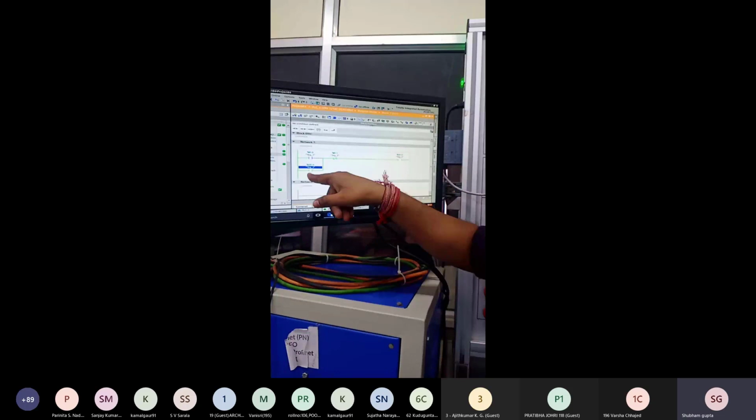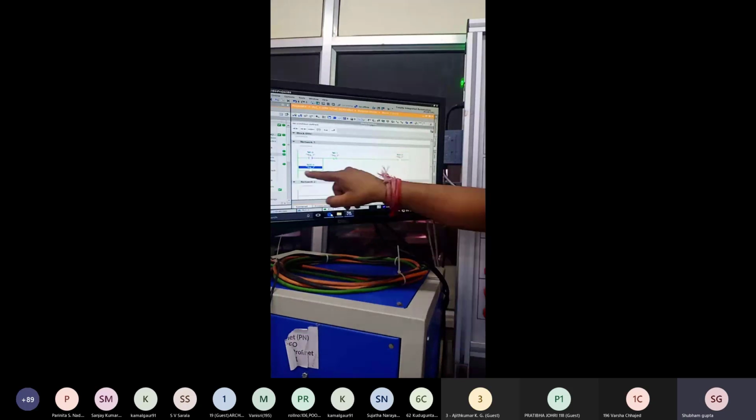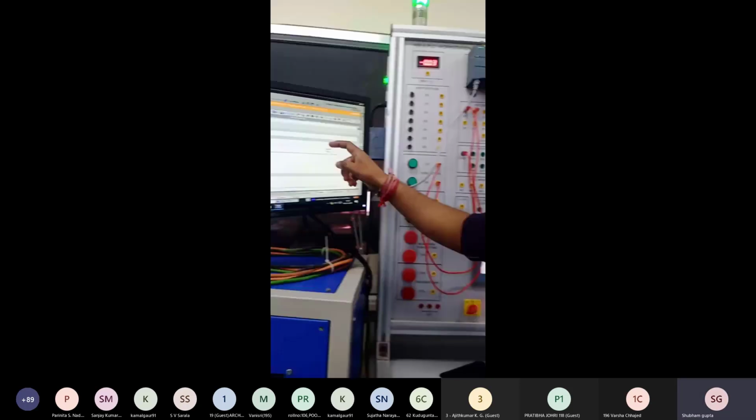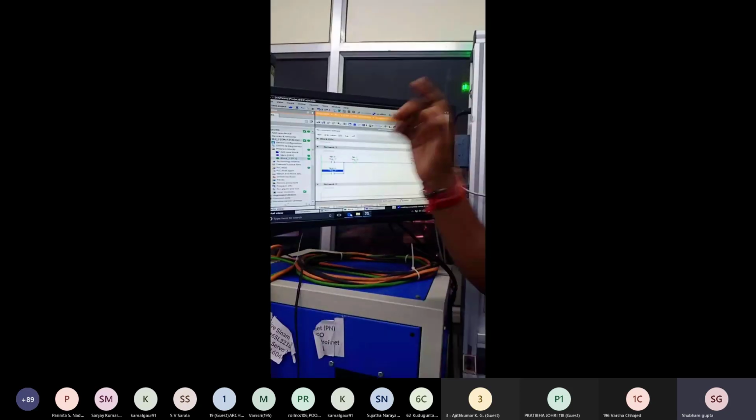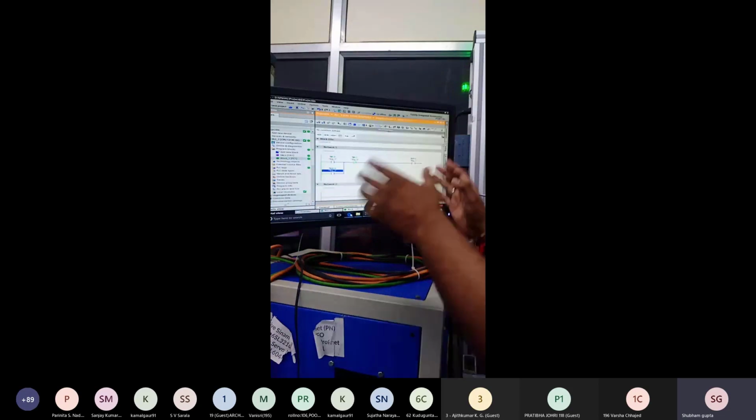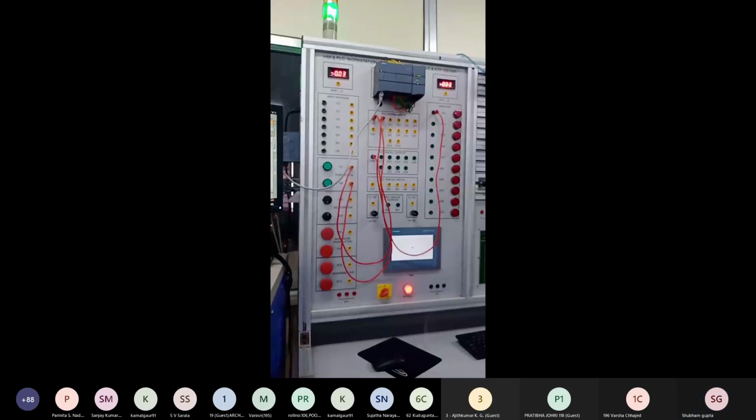When we release S1, the output stays on from the memory side. And when we press S2, Q0.0 goes off. When Q0.0 is off, its memory bit is also off. Because of that, our power supply is cut from the lamp and the lamp goes off.